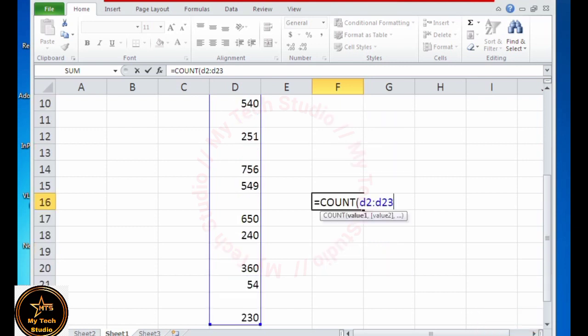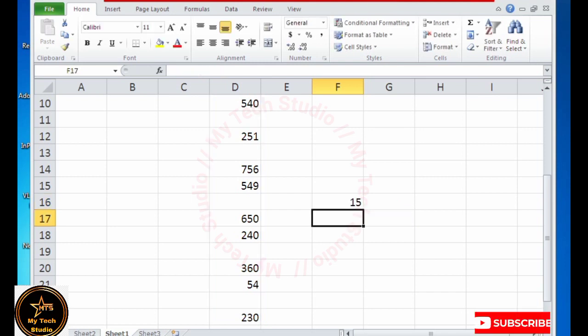Close the bracket and press the enter key. You will find the number of cells that contain entries or values or data. That's how you can use the COUNT formula to find the number of cells in a sheet that contain data